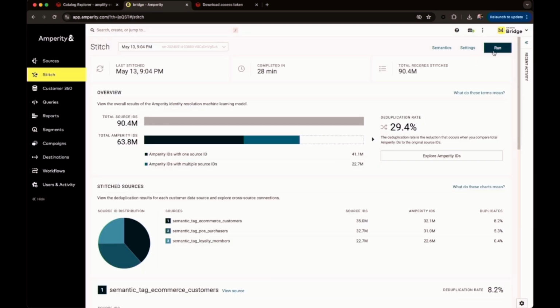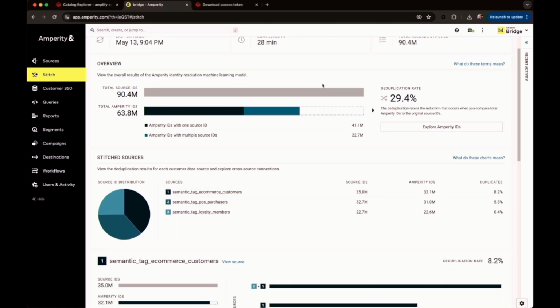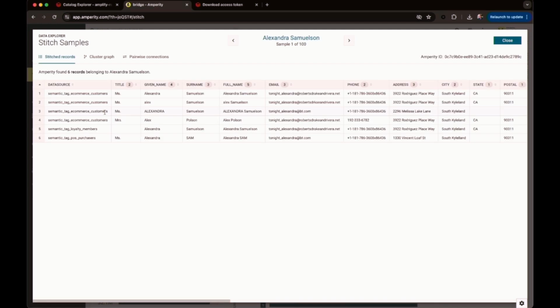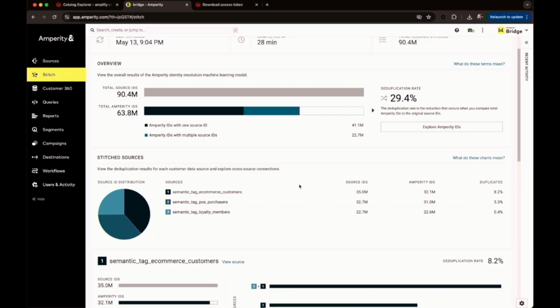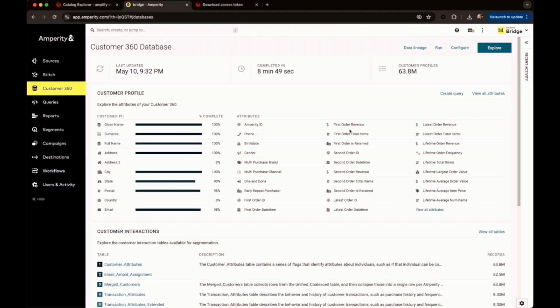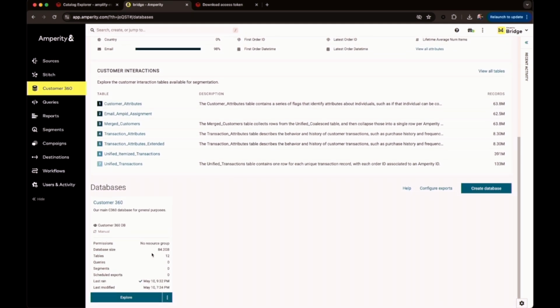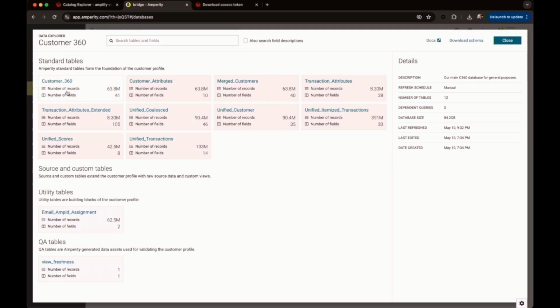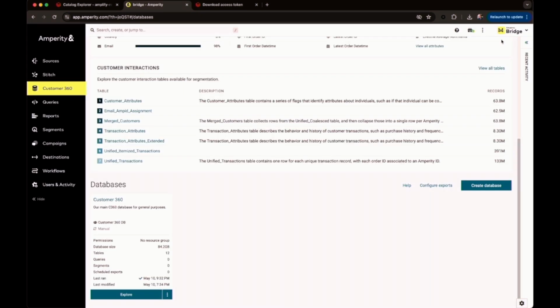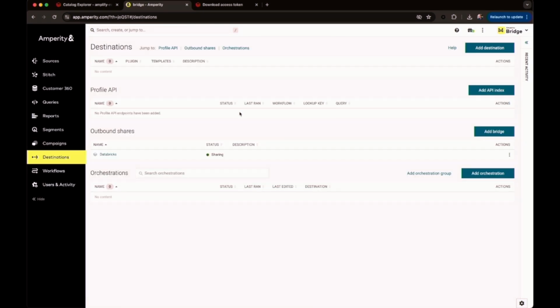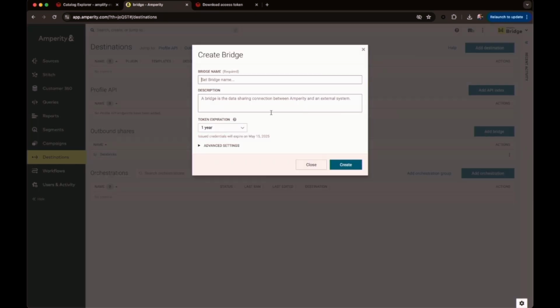Now, in this scenario, we've already got it configured because we don't want to make you sit here for 20 minutes while it runs. But you can see that we generate an identity graph. The whole point here is you upload your credential, select the tables, immediately be able to tag them, immediately start running Stitch. And this is pretty much live. In a real world, I would tag a little bit more, but you can run Stitch, and then you can apply our out-of-the-box models, and you end up with a unified customer 360 table and a bunch of different tables. So now we need to take that data and put it back into